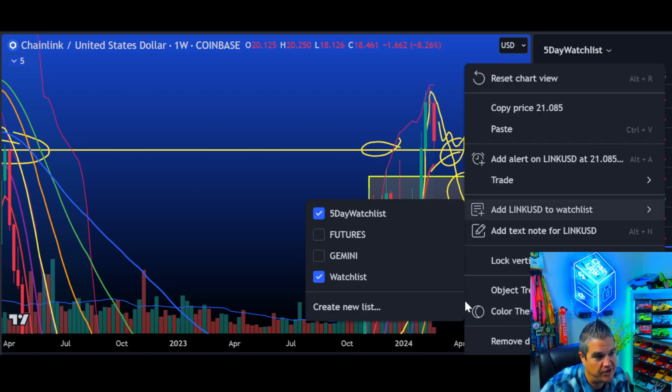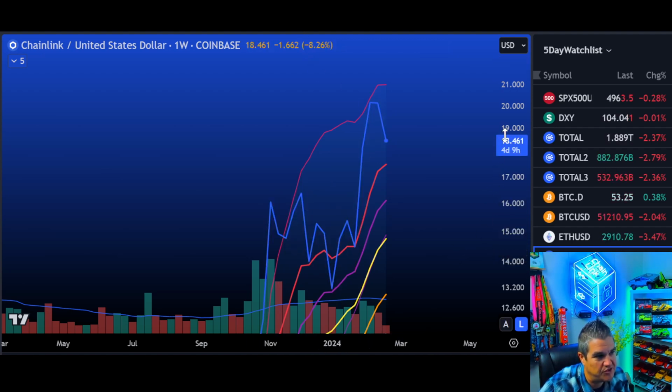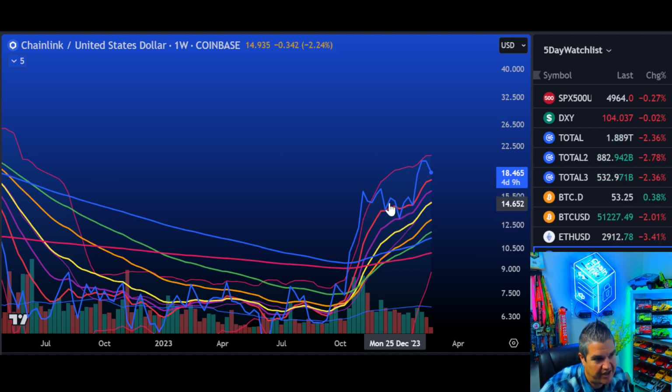Closing is the most important thing to be watching for. Wicks can go anywhere. We could wick down, whatever. Look at all these high wave wicks, right? Wicks tell a story, but if you just put it on the closing prices, it's much easier to spot how bullish we are, right? We're still very bullish, holding the EMA 14 on the close, EMA 8, like almost got a mini